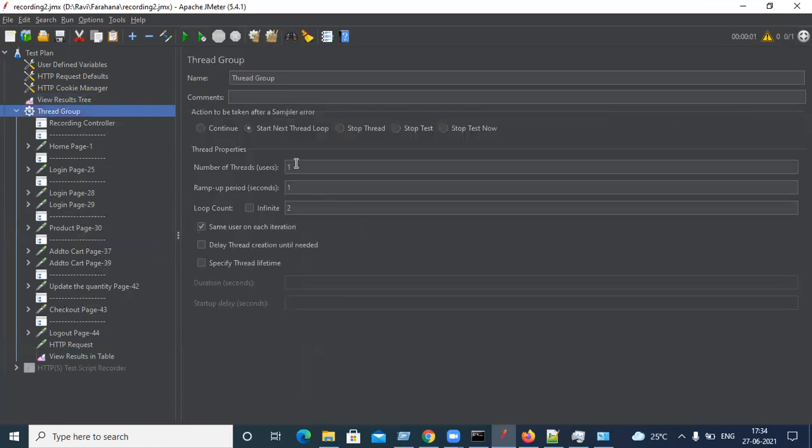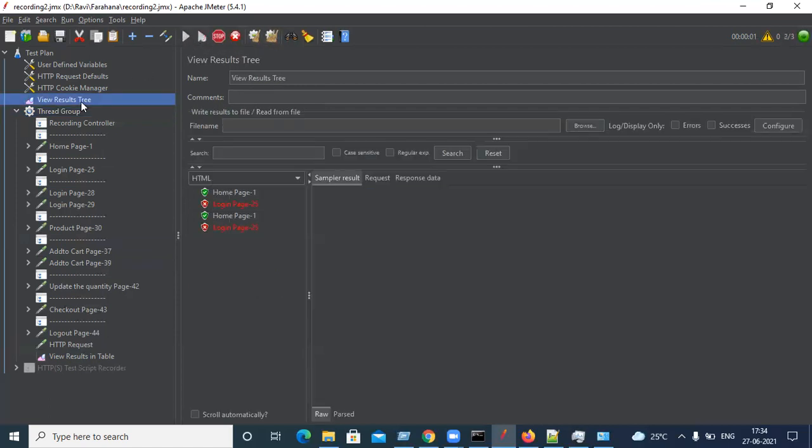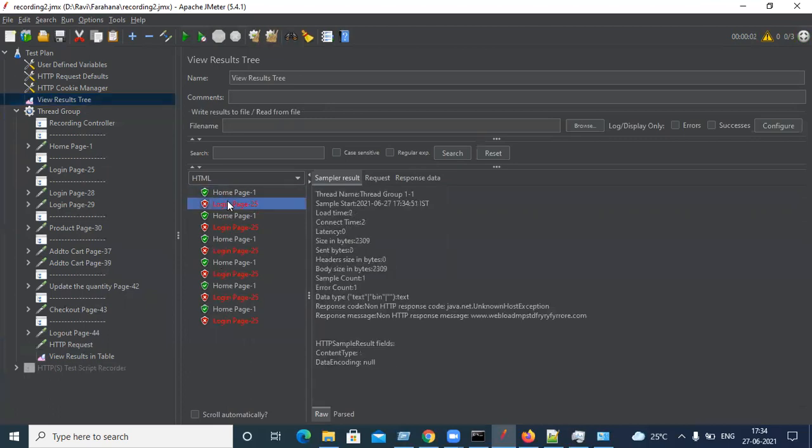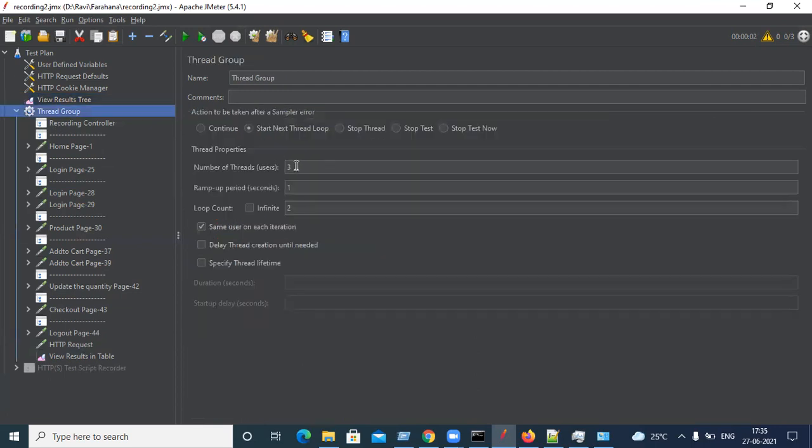Now the same thing will happen for all users. If I give three users, this will happen for every user. So let's see. This is the first user, the second user, the third user, and their loops, one and two, second loops. Clear, right? For each user the same thing happens: it stops the test and goes to the next loop. Same for all other users. It's clear now, right?